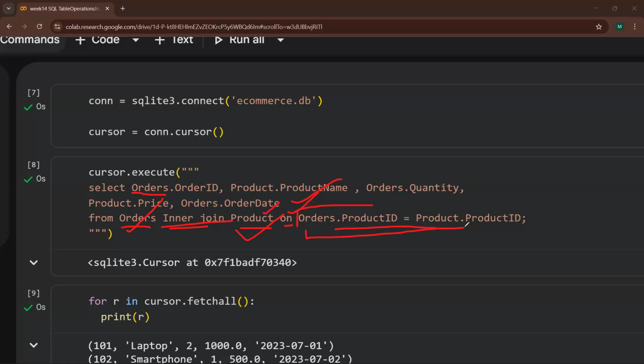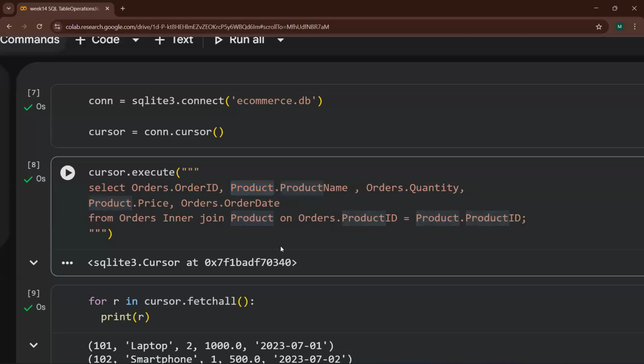I understand the last line, ma'am. My problem was on the first and second line. So you said we are going to take the table name dot the column name, right? Are we taking all the columns from both the tables? Both the tables we are taking, the orders table and the product table as well. Yes, we just have to take all the columns from both the tables we are going to join. That's it. Okay, got it.